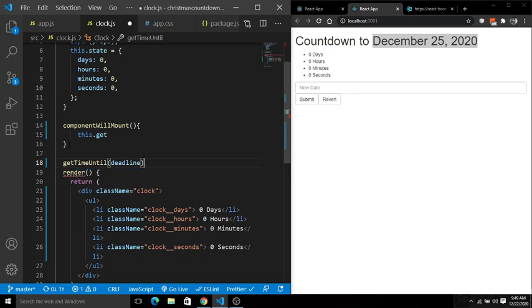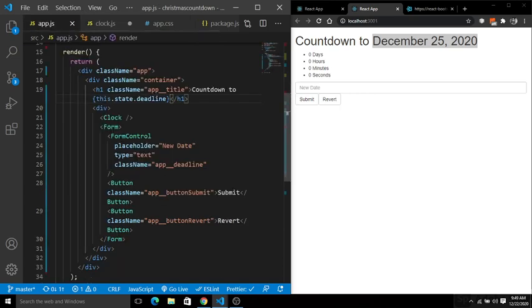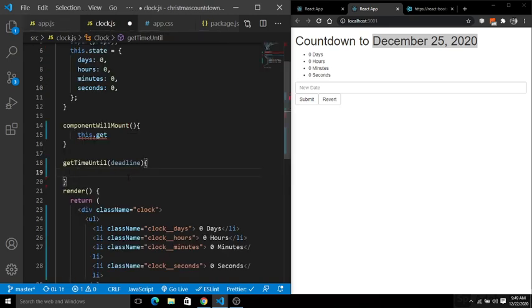Inside the parenthesis here, deadline. Basically this deadline will come from the state, that is from app.js. So inside clock.js we have this deadline. Next, inside getTimeUntil we have a bunch of things. We have a time, so I am going to create a countdown timer here.